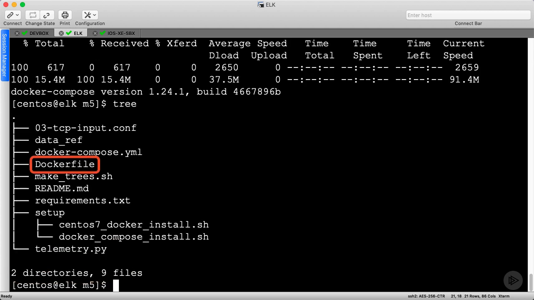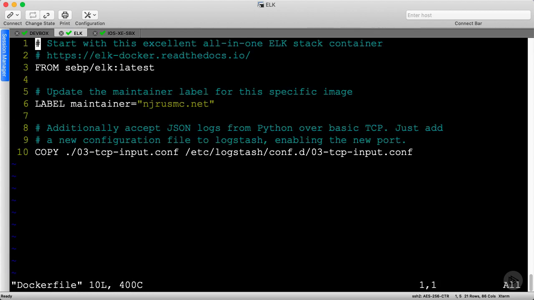Now, we can construct our customized Elk Stack container. Let's begin by exploring the Docker file. This file is quite simple because we start with a powerful base image. Sebastian Pujadas, or Seb P, maintains this image on his personal Docker Hub page, and it has more than 10 million pulls. The package is monolithic in that it combines all 3 Elk components into a single container, which scales poorly. We can't just add additional Logstash instances, for example, as we could in a true microservices design. However, this container is perfect for our use case because the components are tightly integrated and easy to configure.